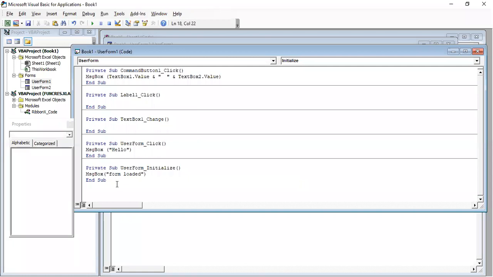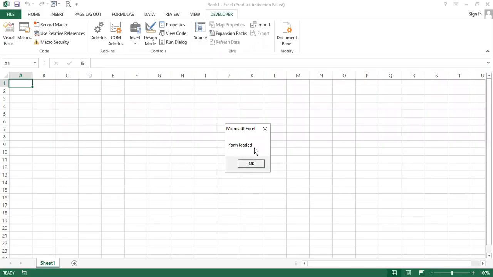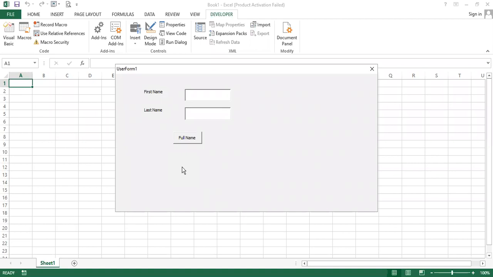This event will be helpful for us to initialize variables. On form load, whatever variables you want to initialize, you can put in this part of the code. That's all. So when the form is loaded, the code under form initialize will be executed. On click, it is MSG box hello.